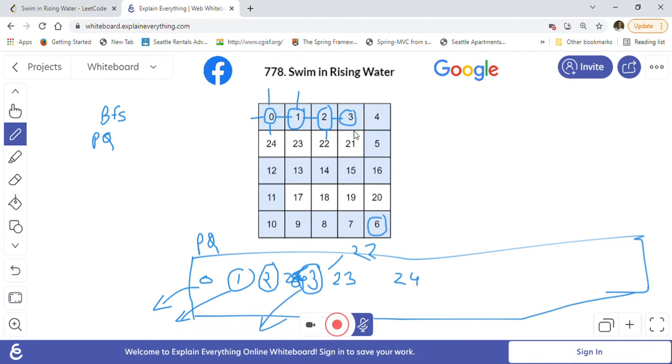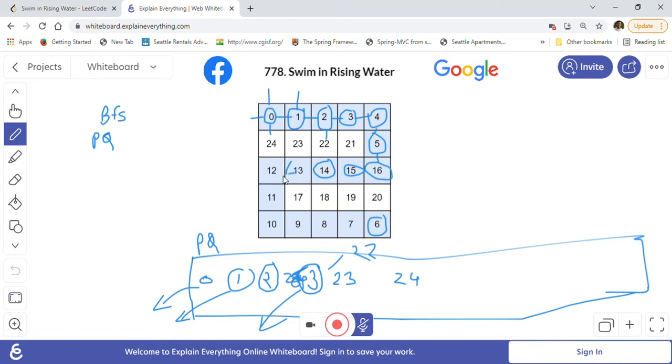This one will keep going. So now 3 will be polled, then after that 4 will be polled, then 5 will be polled. After 5 there is a choice of polling the next smallest value. The next smallest value will be 16, because all other values are bigger than 16, so it will poll 16. Then it will go like this: 15, 14, 13.